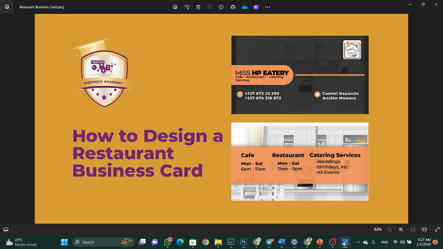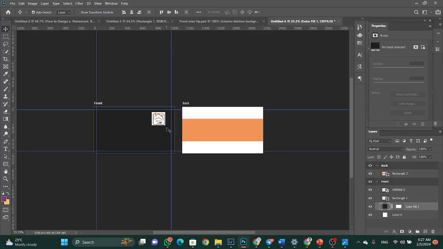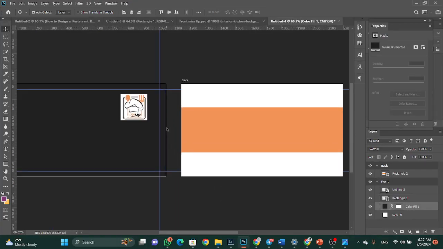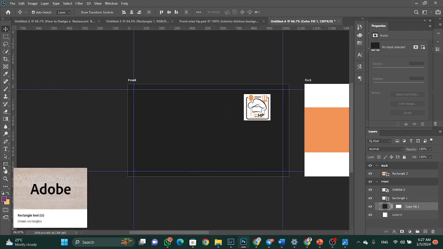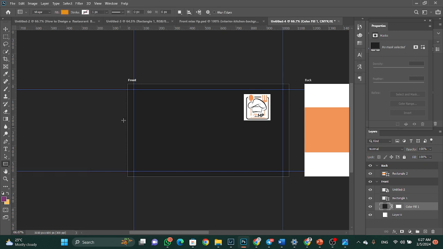Looking at our design, I think the next thing that we can do is to go ahead and draw the necessary shapes that are needed, and ensure the shapes are up to date with where we kept Miss Eatery, the lines, the shapes for the information and stuff like that. So let's zoom in on the Miss Eatery part. Come to shapes,